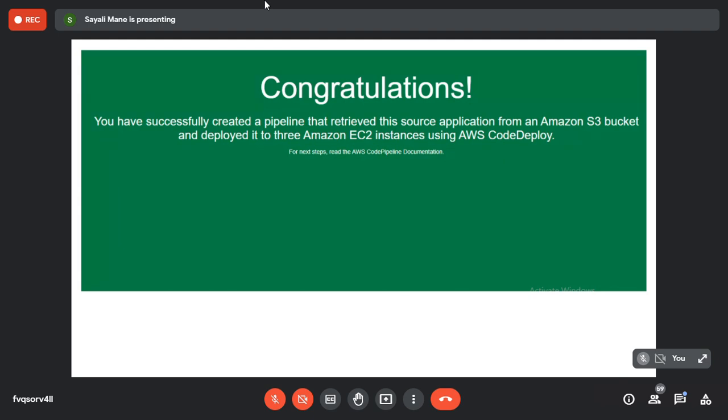Just follow the steps or click on the URL. You will again get the green screen like that. Refresh it, and then you will get your message. So now take a screenshot of your message. So here you will see the difference between the previous one and the last one, and you can also show